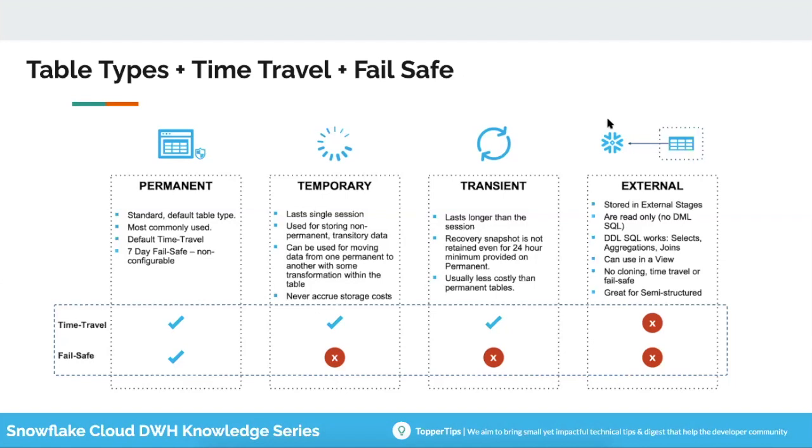So I hope this clarifies how exactly it looks. Make sure that you understand the fail-safe behavior, its configurability along with the different types of tables, and how time travel also works for permanent, temporary, and transient tables. Sometimes they will try to confuse you that time travel is not applicable for a temporary table, but you can really go and write what the data looked like 5 minutes and 10 minutes before in the temporary table, as long as you are in the same session where the temporary table is created.